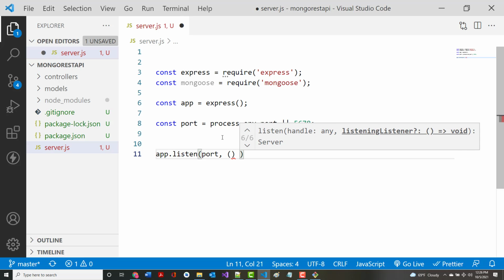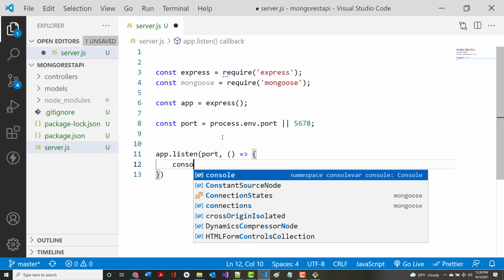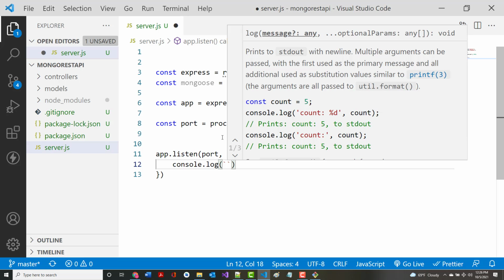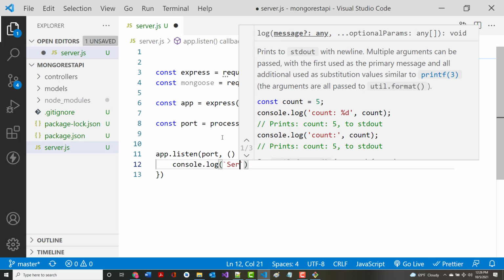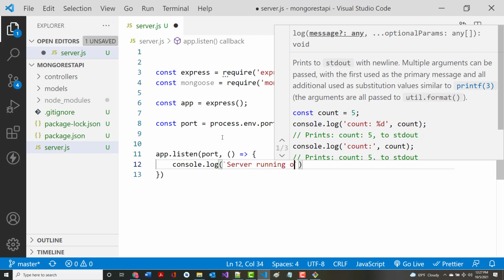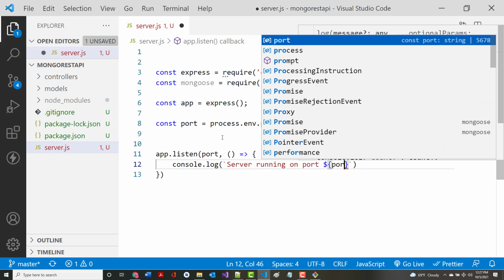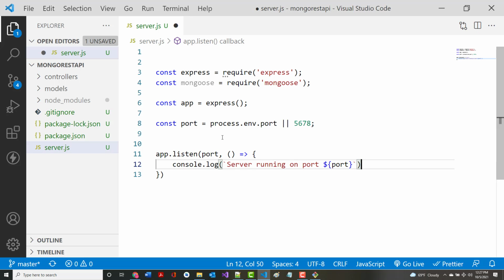And let's use a fat arrow function here. And we'll put in console.log, play with some template literals, and say server running on port. So if all does work right now, when we run this in just a moment, it should come up and say server running on port 5678. Make sense to everybody? So let's save this